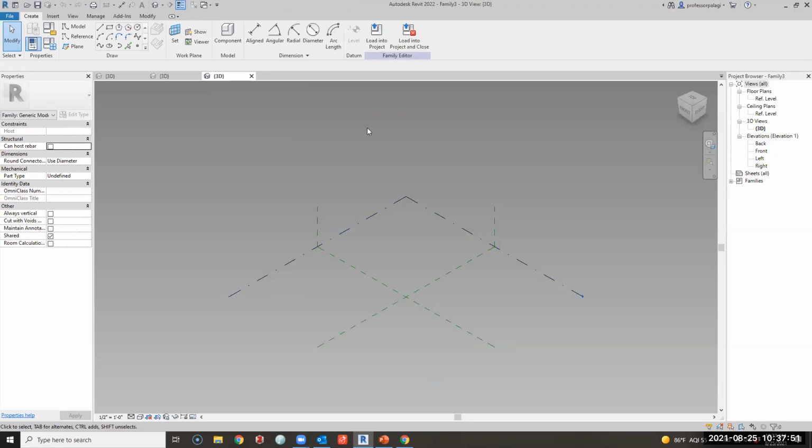So we're in a generic model adaptive. We're going to create stuff where the orientation is actually completely arbitrary here. A really important thing is making sure that we're snapping to an object or a line or a point, whatever we're doing. For this, I drew a line, which means I want to move this line around. I probably want